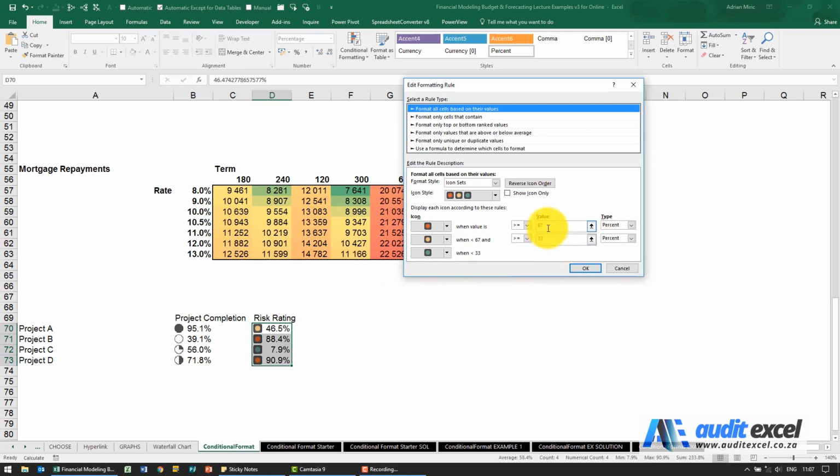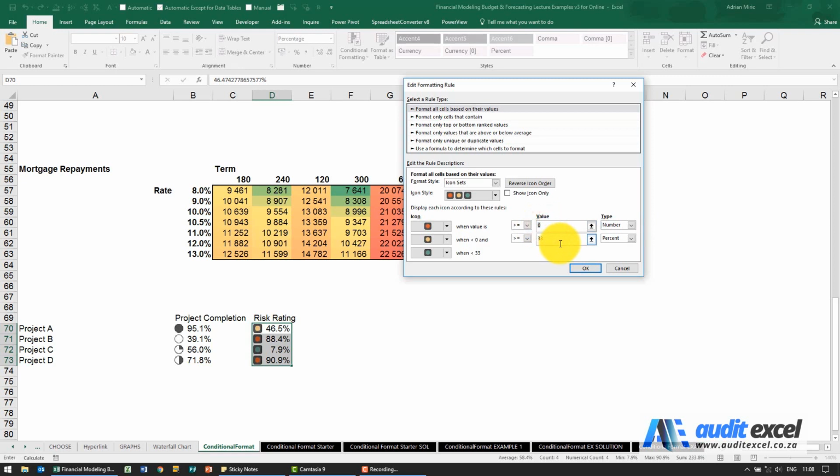This effectively is looking at the smallest number, the biggest number, working out the difference between the two, and then the top 67% of it will turn red. If we decide, for example, that there's a set number, so we've decided that only when it's above 90% do we want it to turn red, the way we tell Excel that is we're going to say turn red when the value is bigger than or equal to. I'm going to change this percent to rather say number,